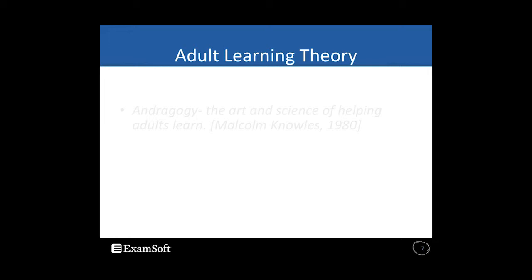So we need to do just a little bit of review on adult learning theory and just in general how we learn. So andragogy would be the term for that, and that was described all the way back in 1980. And there are a lot of models for adult learning, and we're not going to get in and compare all of them, but there are some key components of how adults learn, even though we don't have it all figured